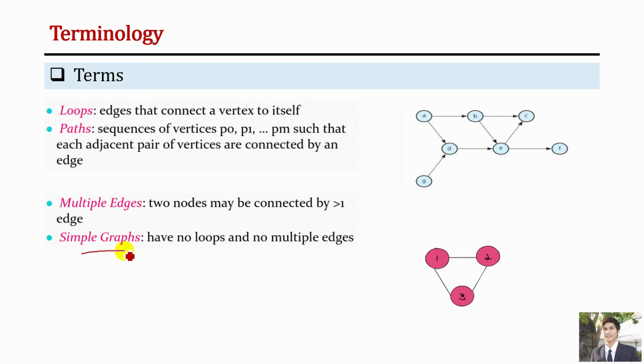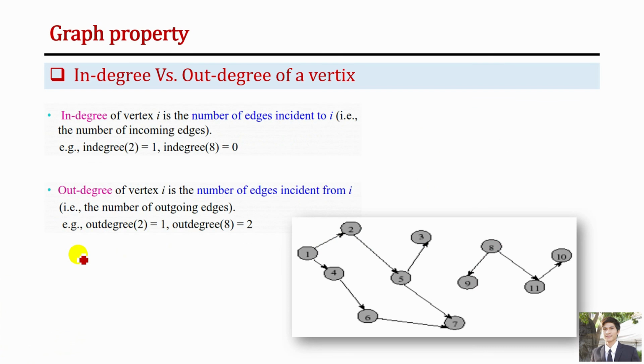And we have a simple graph, referring to a graph that has no loops at all and no multiple edges. Okay, this we can use in the terminology of the graph. And we have another thing, like the degree, we can divide into 2 parts when we focus on the